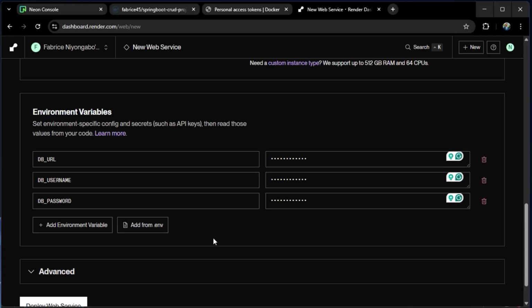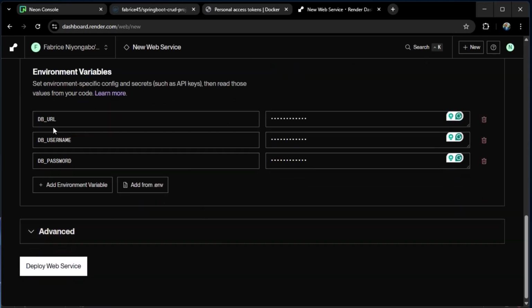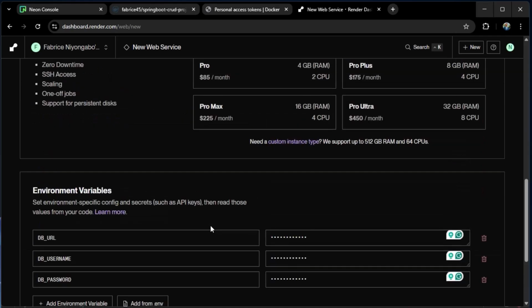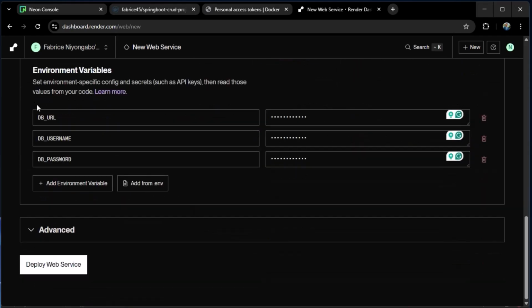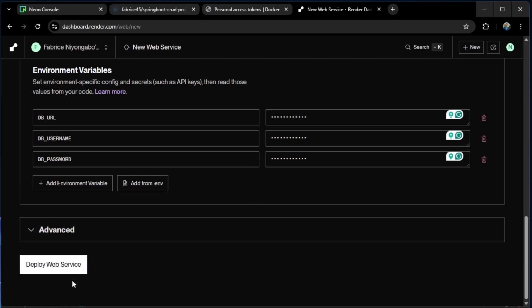So we just don't need to provide a port environment variable within our project that we are going to deploy here on Render. So after providing all required environment variables except the port, just click on this deploy web service button and wait for your service to be deployed.